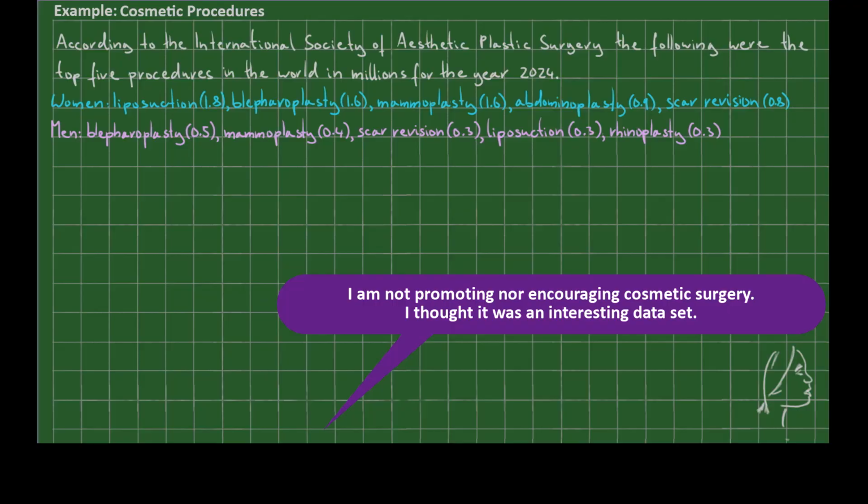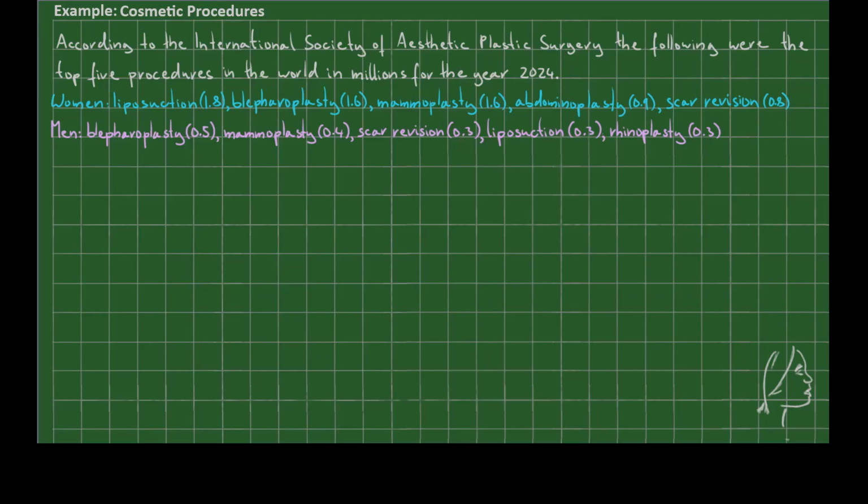According to the International Society of Aesthetic Plastic Surgery, the following were the top 5 procedures in the world in millions for the year 2024. For women, liposuction with 1.8 million procedures, then blepharoplasty, which is essentially eyelid surgery, with 1.6 million procedures, mammoplasty or breast augmentation with 1.6 million procedures, abdominoplasty or the tummy tuck with 0.9 million procedures, and scar revision with 0.8